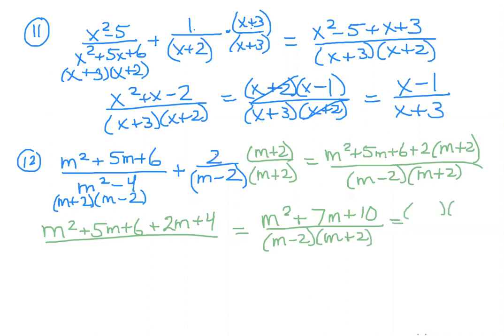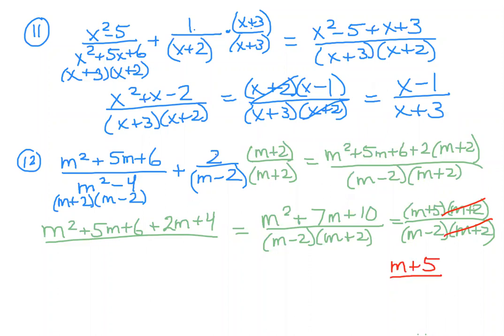Factoring the numerator, what multiplies to give you 10 and adds to give you 7? That's going to be 5 and 2. So I'll use another color here. We can cross off the m plus 2 times the m plus 2, and we're left with m plus 5